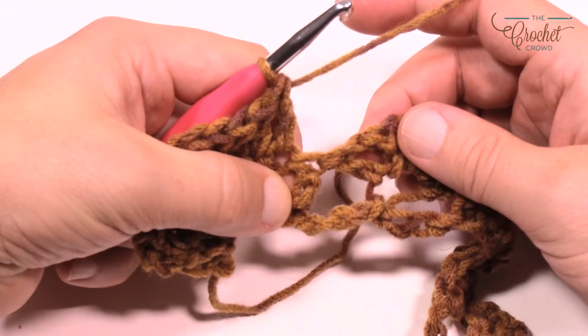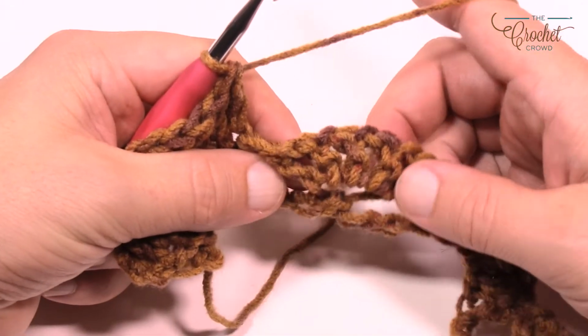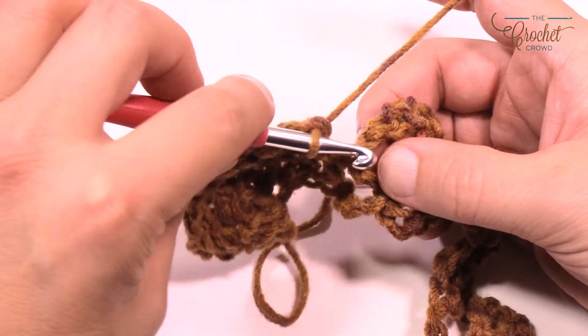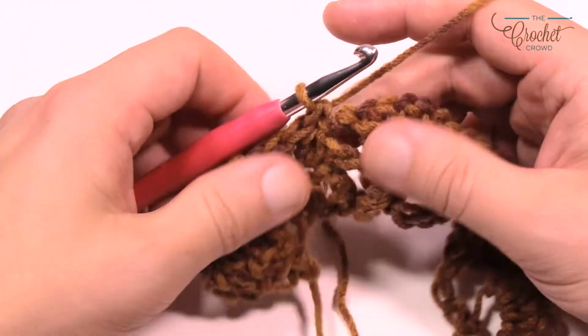So now you can see you can leave that alone. So on row number 2, what we're going to do is work ourselves into the chain 1 spaces that are in between the spokes that you see. So just lean on over, go right into the first space in between, and I want you to single crochet and then chain 3,